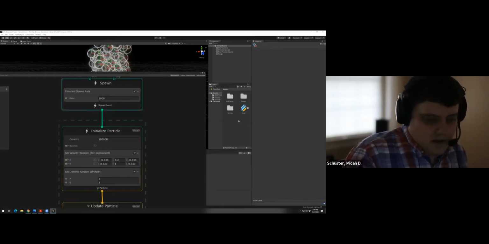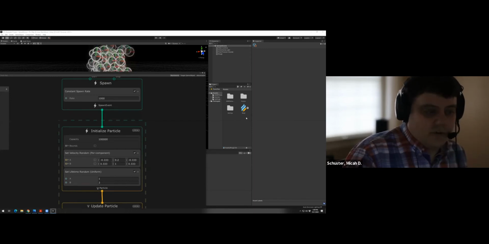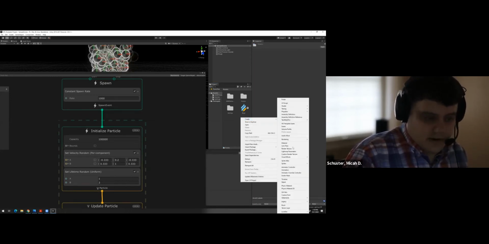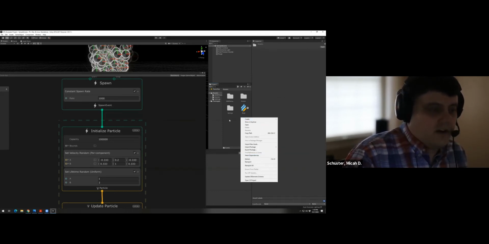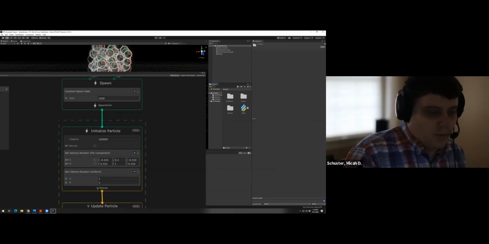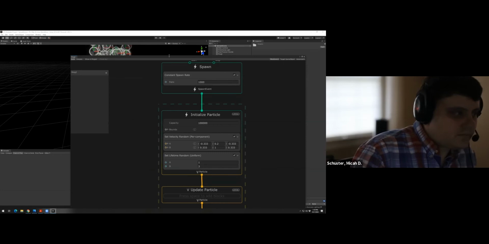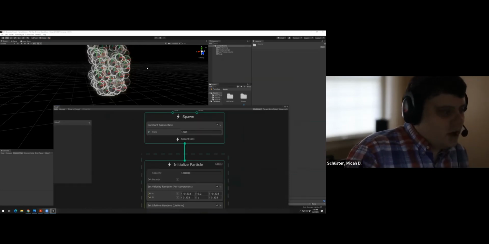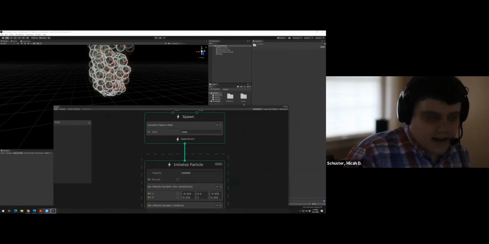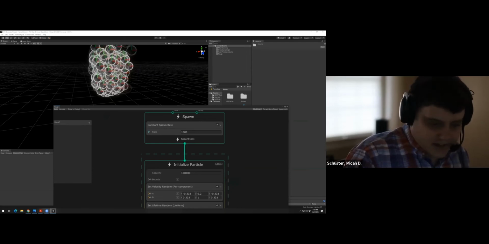Nick, how to access the graph. So once you create the graph, you can just double click on it and it should pop up. So again, that was the create visual effects graph, and then once it's there, once you give it a name or whatever, then you can double click, and it'll bring you to the UI. So that looks okay. It's not a ring for sure, but